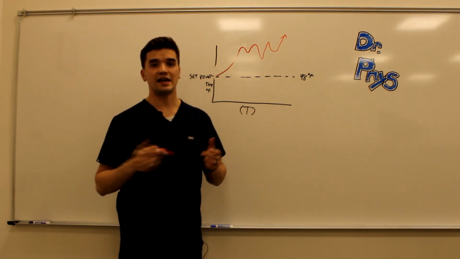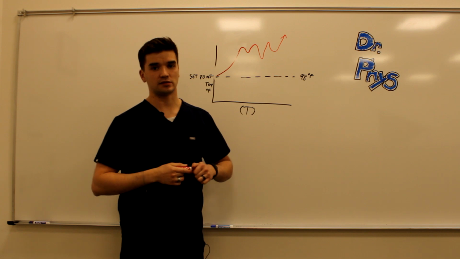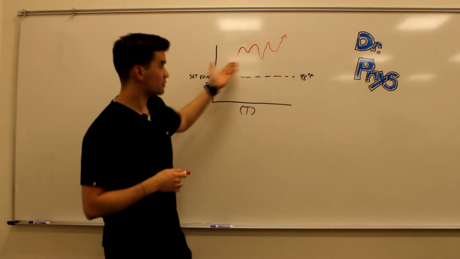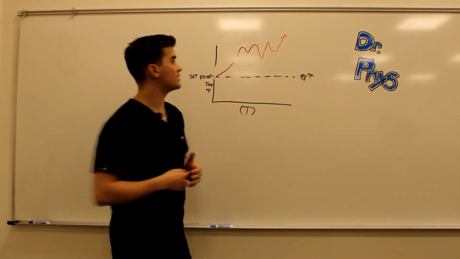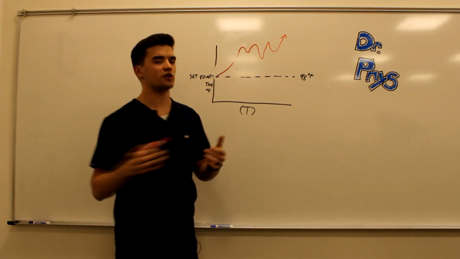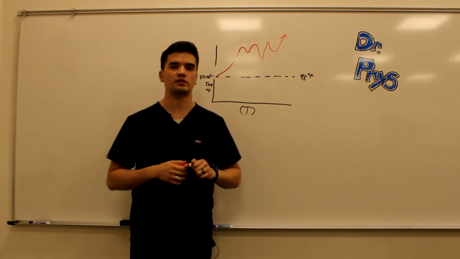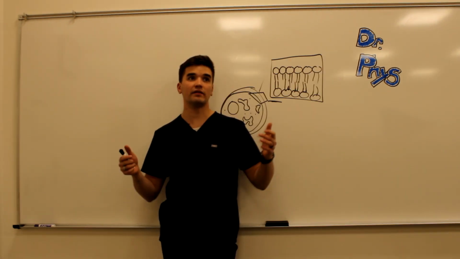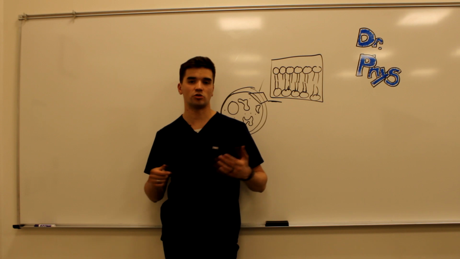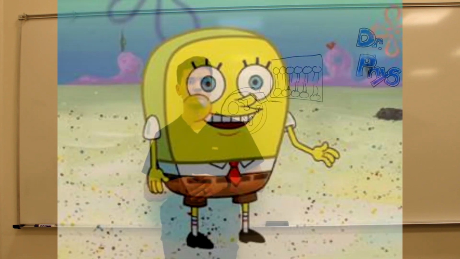This is called inadequate negative feedback pathways. So it's inadequate, we're trying to get back to set point, we're trying to be negative, but we can't. And so this is where doctors have to intervene and use drugs and whatnot in order to help our body reset and get back to the set point. In reality, almost every system of the body maintains homeostasis in order to keep its normal function.